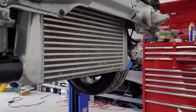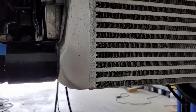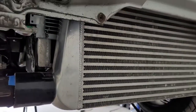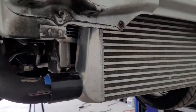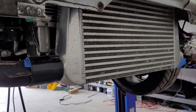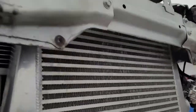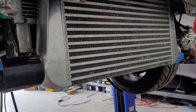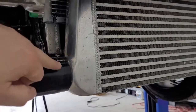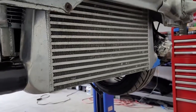So you'll note the bottom of this intercooler is where the pipes go in and out. It's really at the bottom, and you can tell it's just barely above the bottom. Now on a lot of performance intercoolers, this pipe is more towards the middle, which helps get more even distribution of airflow. I'm sure this one's horrible. Most of the air probably just shoots across like this, and I doubt hardly anything's actually going way up there and flowing. You get flow separation. Right here, it's not going to want to turn and follow that, so we know we want to change that,